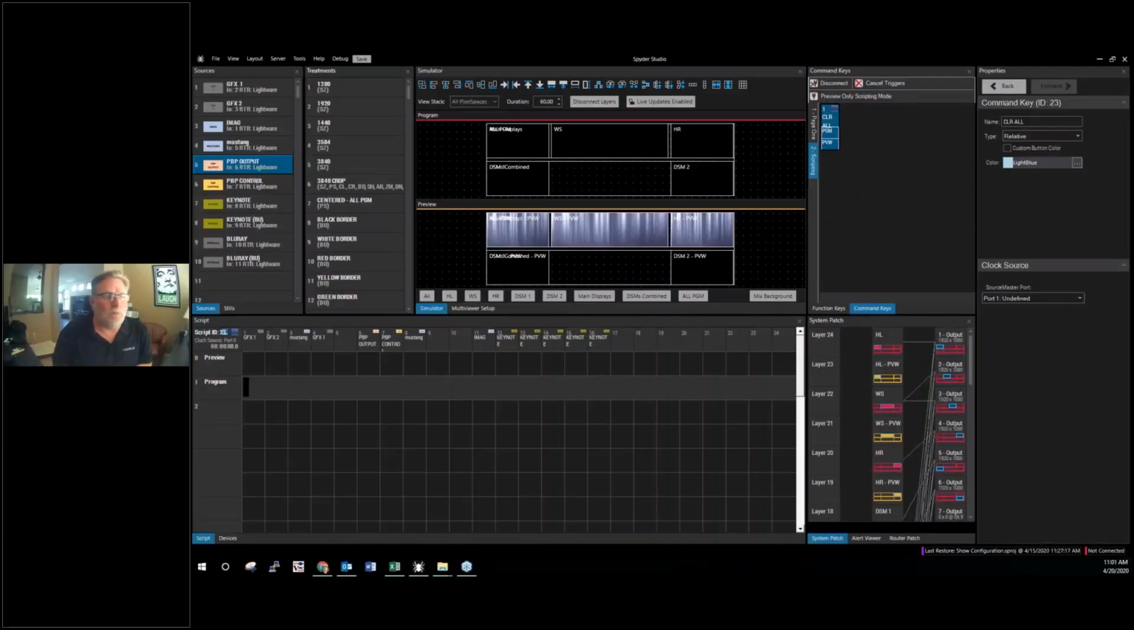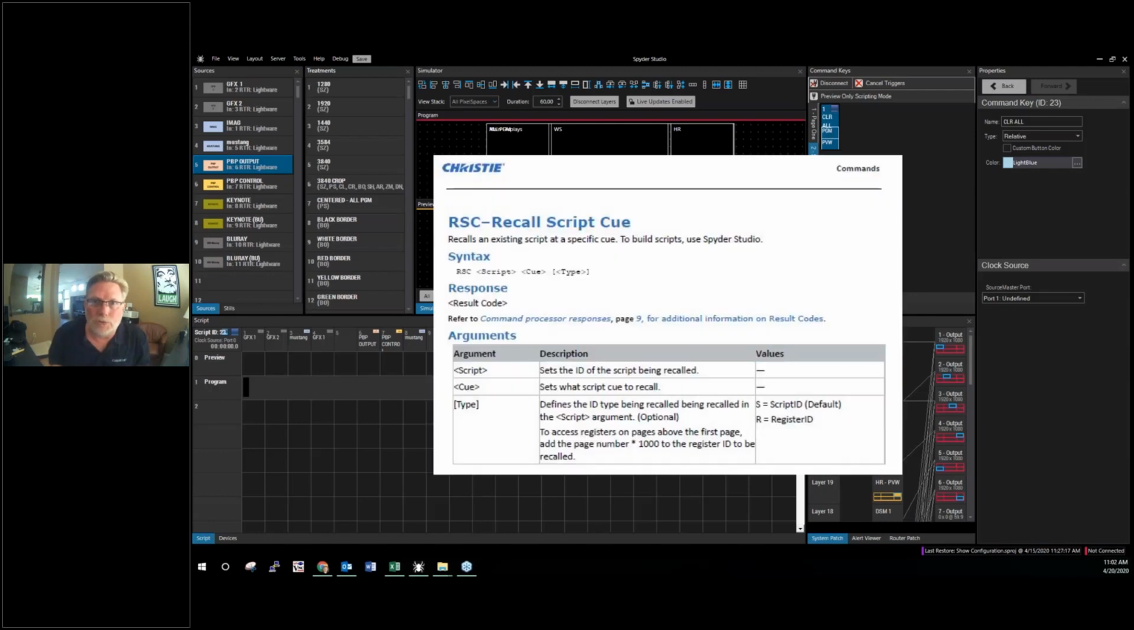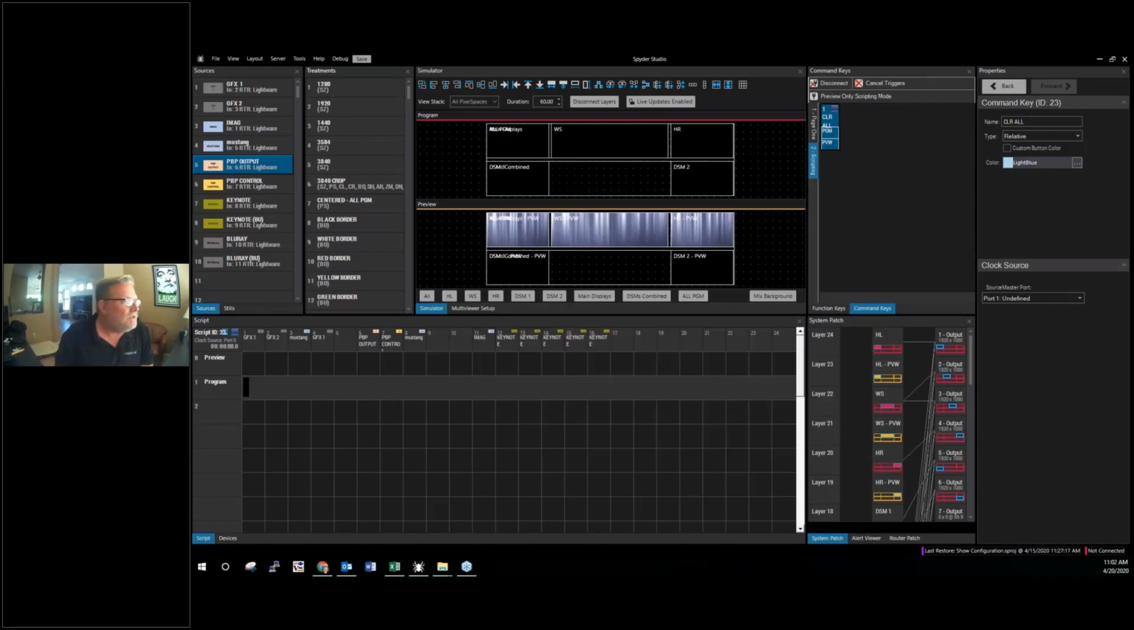Let me go ahead and share my screen here real quick. Scripting. What is scripting? Typically, scripting and command keys should be almost in the same category. Every command key has a script built into it. Actually, the external protocol command is called recall script queue, so it's referring to the command key as a script element or a script item. So one thing to understand is that for every command key you build,